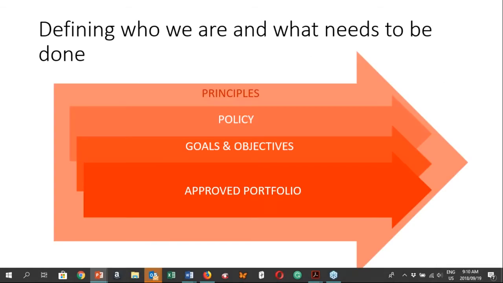So in VeriSM, we define that the things that we need to give the management body that needs to respond are what we stand for, our principles. We call them service management principles, policy and goals and objectives. And as I've mentioned, in the new book we've also added the concept of an organizational portfolio that we'll explain a little bit further. What is also interesting to note is that all three of these original elements that we've talked about in the first book, principles, policies, and goals and objectives, all of them need to cascade down the organization.